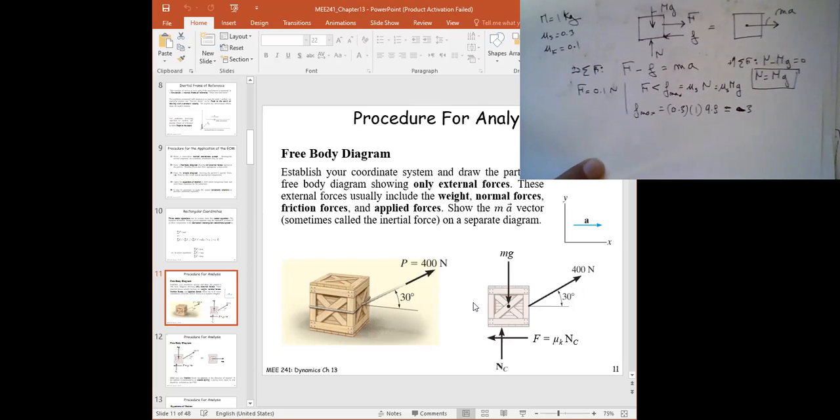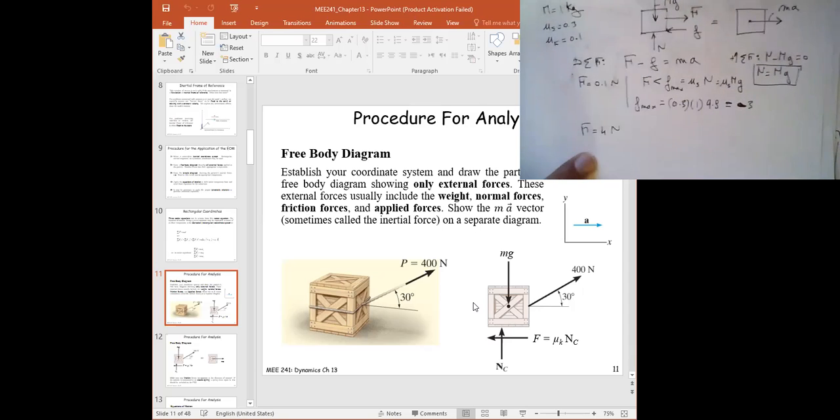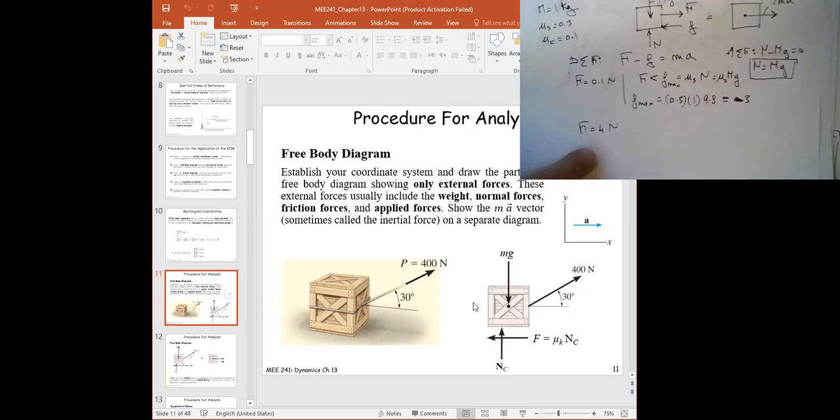All right, so what is the procedure that we just did? First of all, find the maximum friction force, and then compare to see if F is greater than that. If F is greater than that, then you will have acceleration. So let's say now F is equal to 4 Newton. Can you find the acceleration based on F equal to 4? F is greater than F max, so we can calculate.